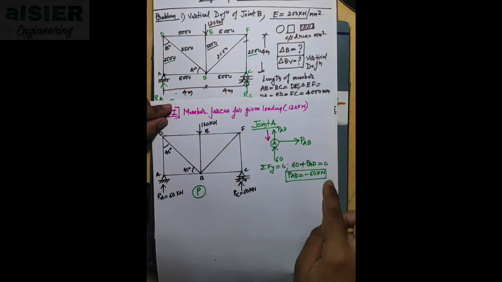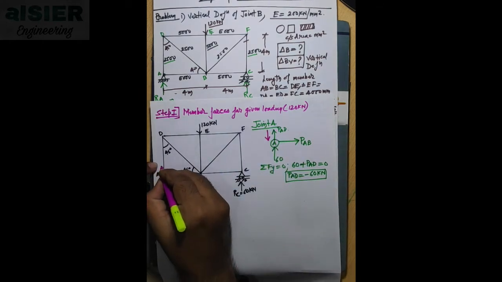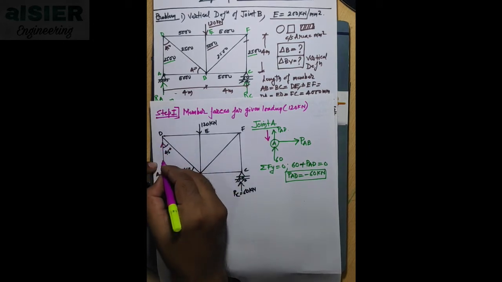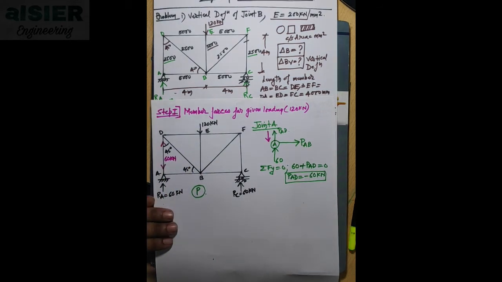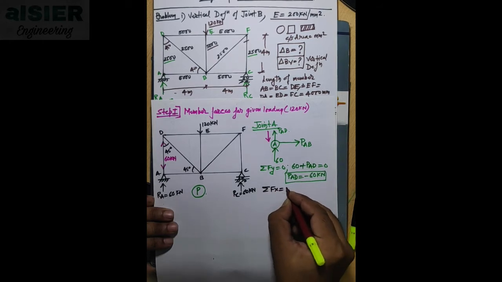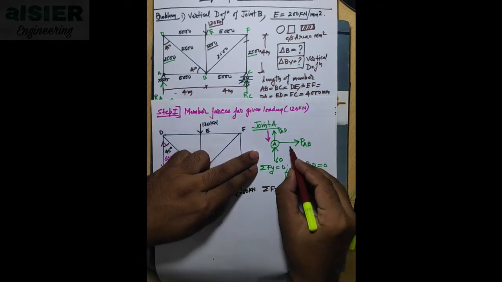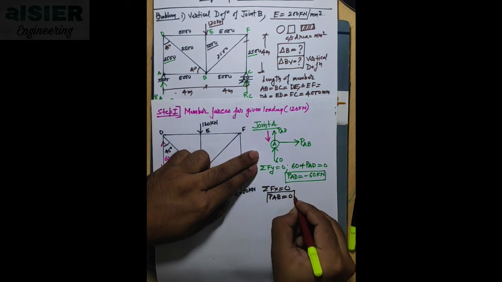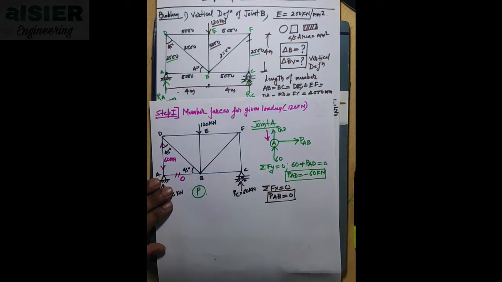Now we will apply this force in the diagram. So now we know it is towards the joint, like this, similarly towards this joint D, and the answer is 60 kilonewton. Right? Now we will do summation of Fx. So summation of Fx equals 0. Now we will see horizontal forces. There is only one horizontal force which is going towards right, and therefore PAB equals 0. So let us mark here PAB is 0.